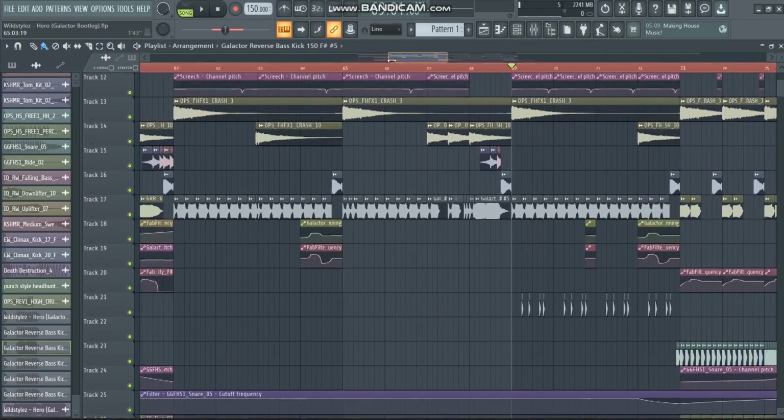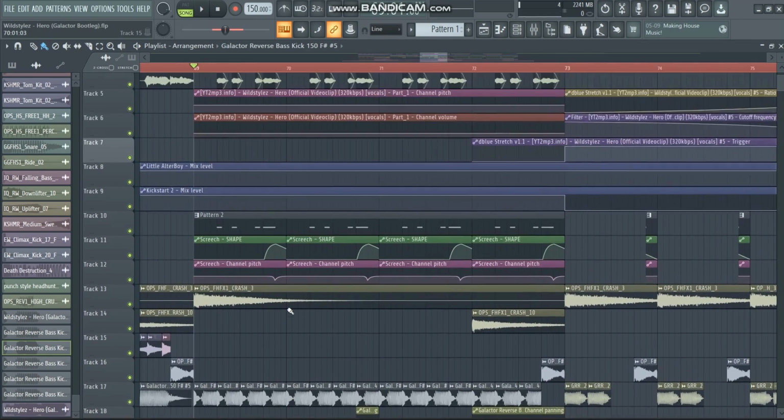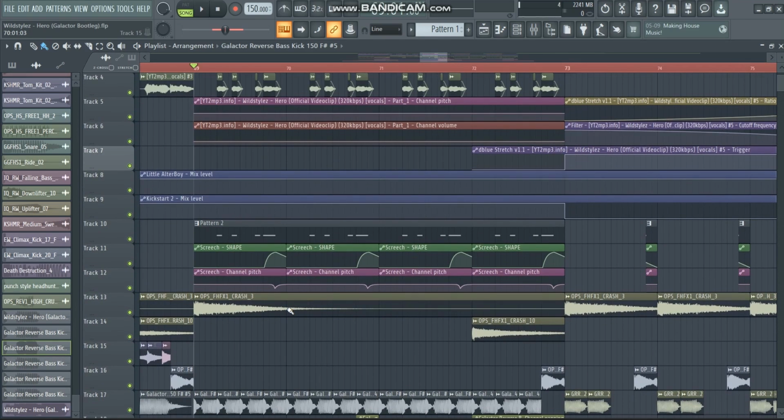I also layered it with a hi-hat that follows the same rhythm. And this is also a very good tip in general if you're creating a track or a drop, mid-intro, whatever you want to call it. Make sure you stick to a certain amount of rhythms, preferably like 1, 2, max 3 different rhythms overall, because